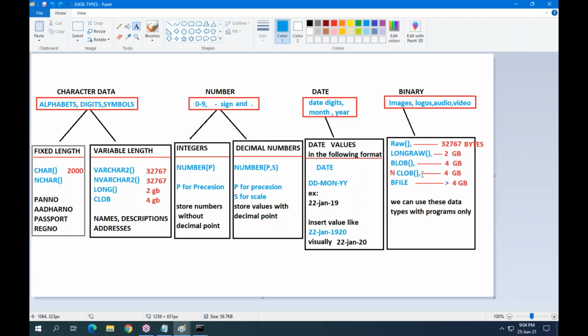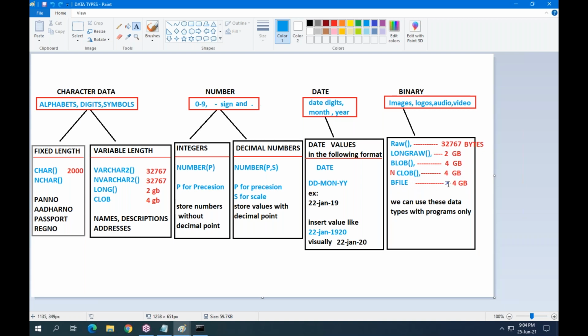Clob is mixed data. Clob means character large object: text data, character data, and binary data both supported. Maximum size 4 GB.